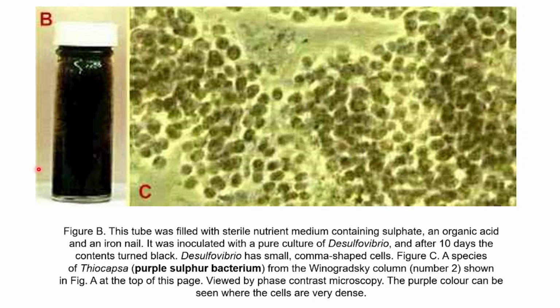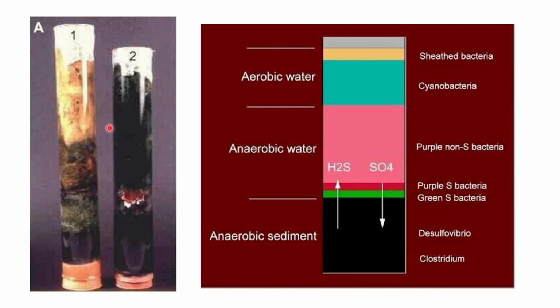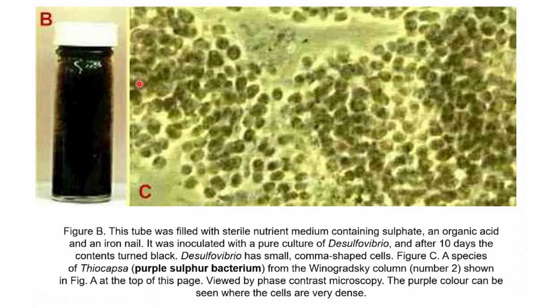So Desulfovibrio has small comma-shaped cells. Figure C shows a species of Thiocapsa, which is a purple sulfur bacterium from the Winogradsky column, shown in figure A, at the top of this column. It has been viewed by phase contrast microscopy, and the purple color can be seen when the cells are very dense. The sulfur-reducing bacteria such as Desulfovibrio here in B can utilize these fermentation products by anaerobic